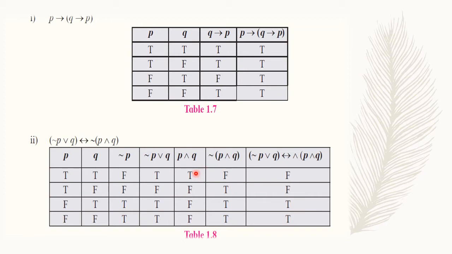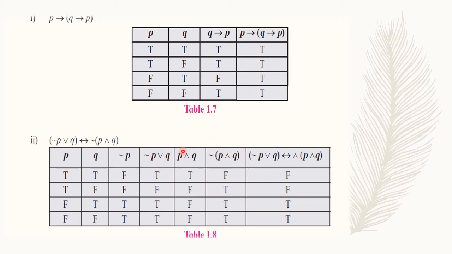So the negation of this column would have only one false value, and the rest three will be true. Then we find the double implication. Now here there is a mistake in the symbol. Here it should be negation. They have made a mistake in writing. So we take the double implication of the fourth column and the sixth column.